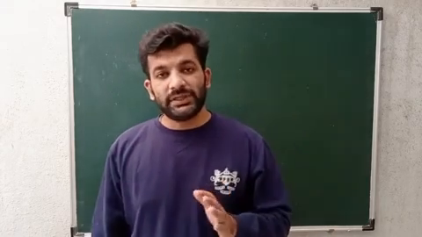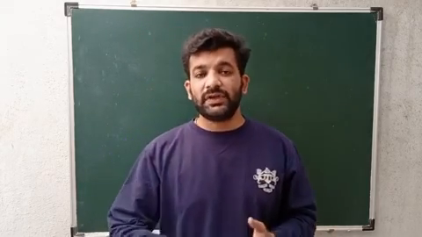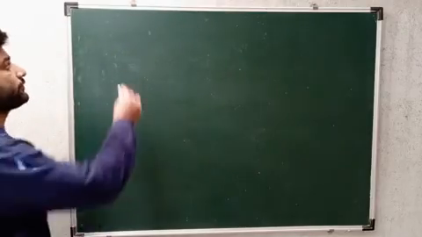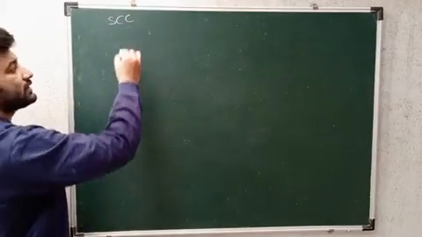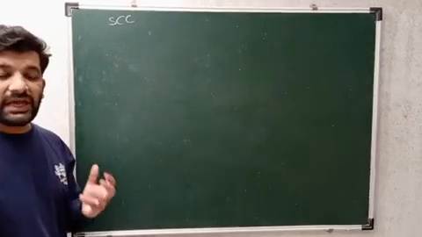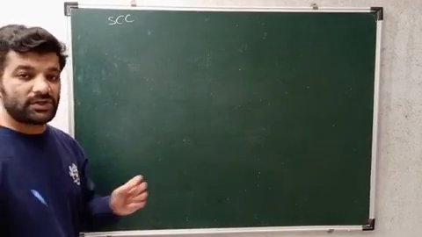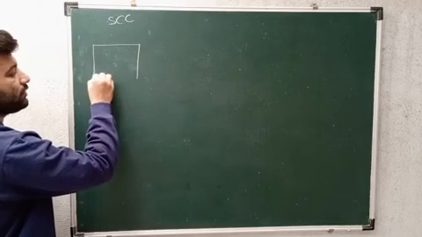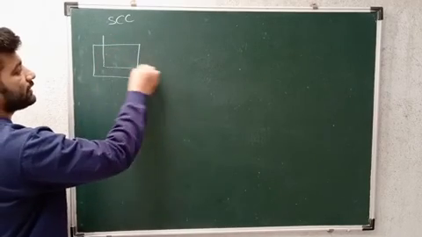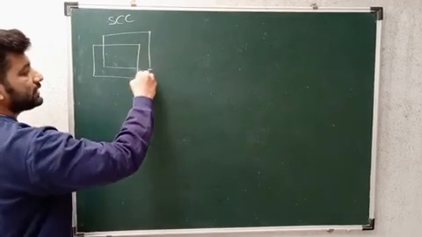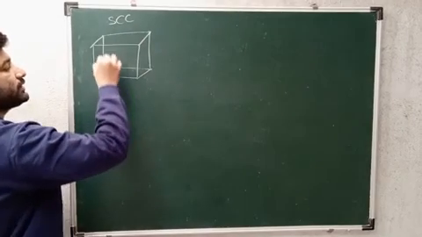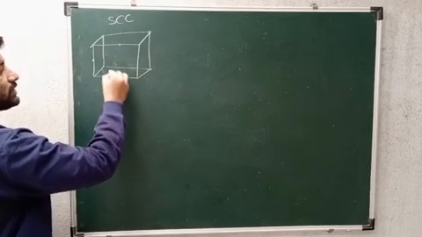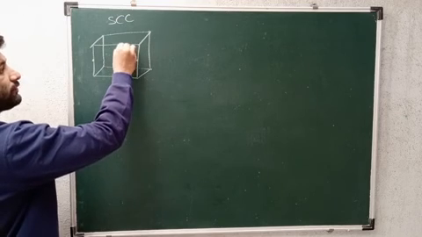Okay, now today, starting with the derivation, first we have to find out the percentage packing efficiency for the simple cubic unit cell. For the simple cubic unit cell, we know that we have atoms present at the corners of that unit cell. So first I will draw the shape of the unit cell. This is a cubic unit cell. In the cubic unit cell, we have atoms placed at the corners. So I will just draw a figure for it.